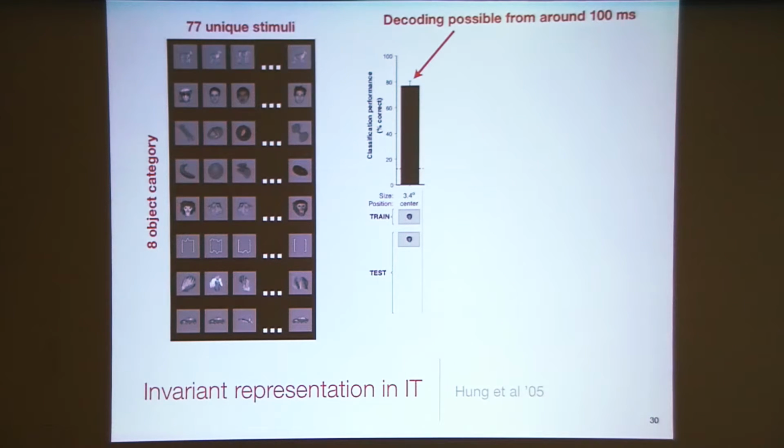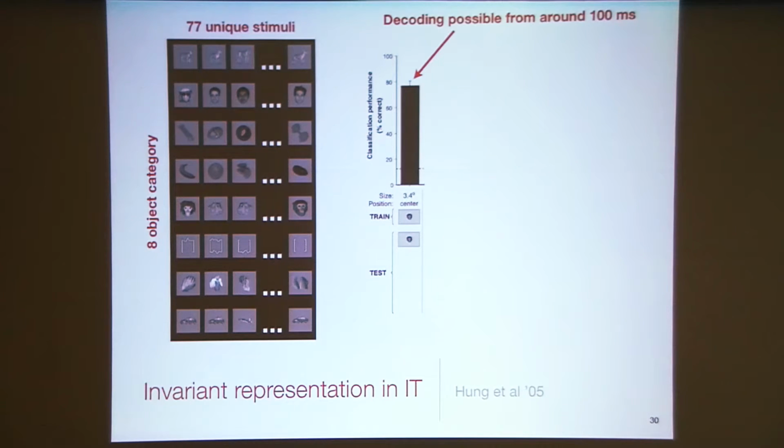So they recorded from a small population of about 200 neurons in the inferotemporal cortex. They considered a small set of 77 stimuli that they organized into more or less arbitrary classes of objects. So they tried to have something that was meaningful for the animal, things like the faces of the experimenters or the handlers for those animals, the kinds of toys that they had available in their cages, the kinds of food they eat, body parts, etc. So 77 stimuli falling each into 8 distinct object categories.